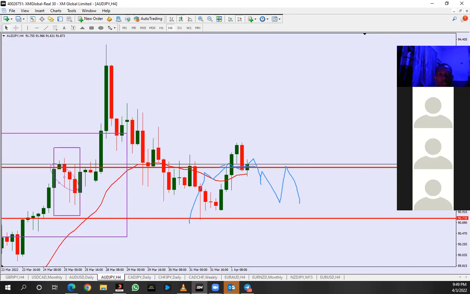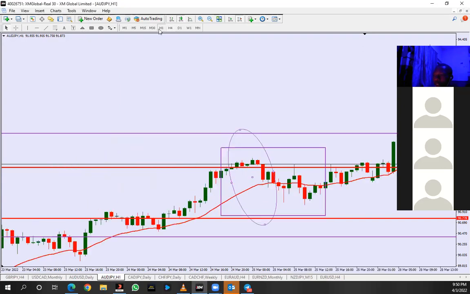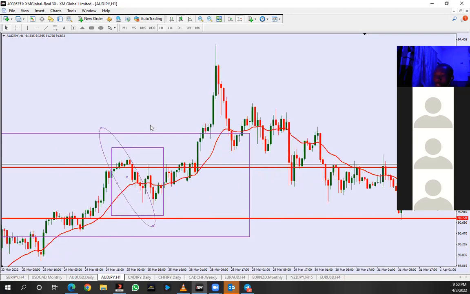But instead, price did not drop down. Why didn't price drop down? It is very simple, because of the buy and sell model, which simply says that whenever the daily time frame closes, we are expecting price to retrace back to the 1 hour time frame. Now, if I come back to this 1 hour time frame, you will notice something. It is at this particular point that the market changed hands.